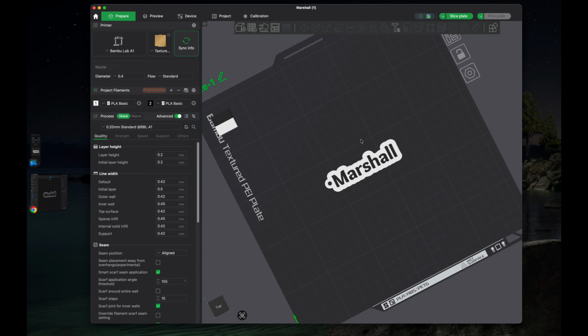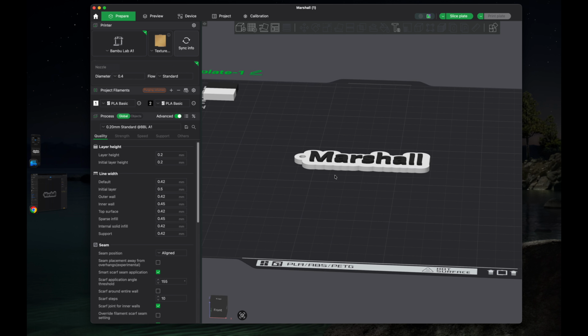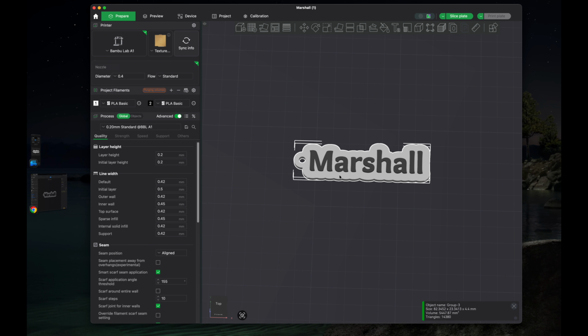You can see there, it looks really nice. You can change the Bambu Studio slicer properties in case you want to modify them, and go ahead and send